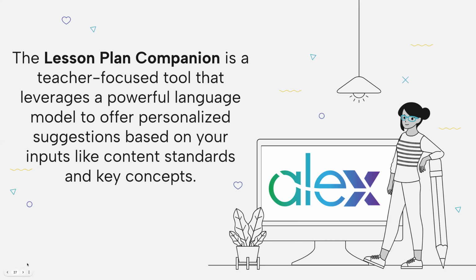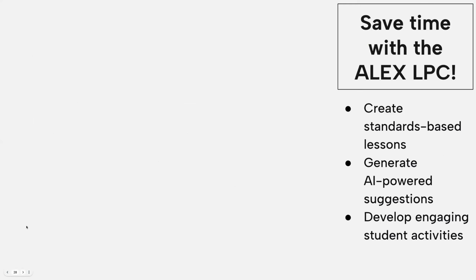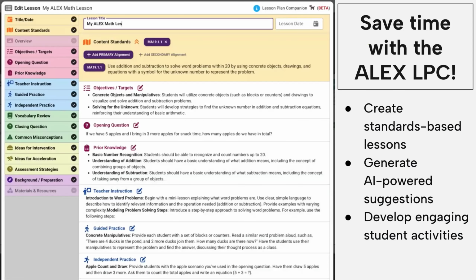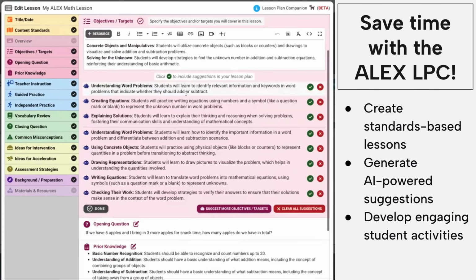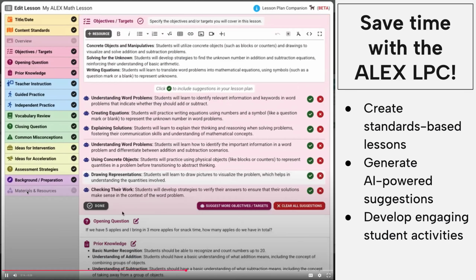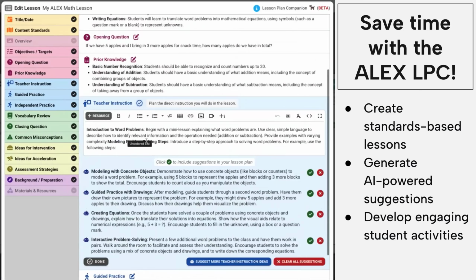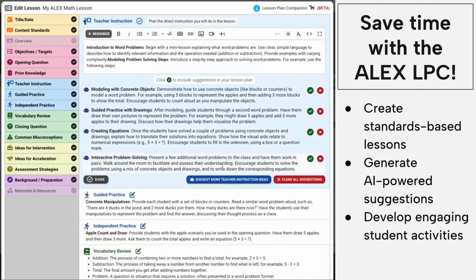We are going to demo how you can use those tools today. The first thing that you'll see here is a little video, hopefully it'll pop up. This is just a quick walkthrough, but we'll demo all of this in real time and you'll have a chance to play around with it as well. You'll see on this lesson plan companion, it is a complete lesson. Over on this left side, you'll see all of these components and how these different suggestions are being generated to create the different components of the lesson.